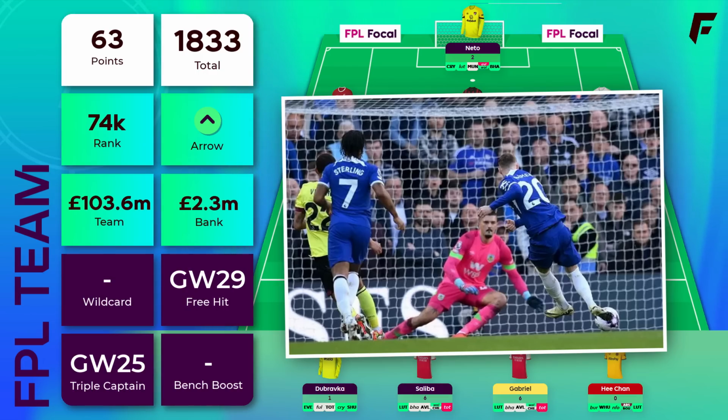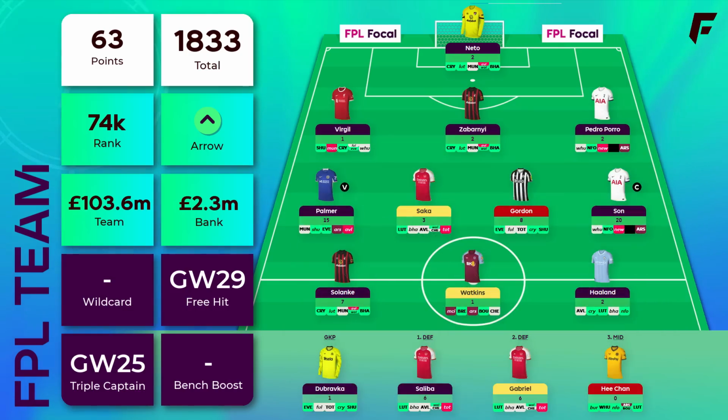In fact, since Palmer's full debut, when he was only 4.9 mil, he's got 153 points over that run. And only Watkins has got more, and he's played 3 more games with 157 points. Palmer's been averaging 7.3 points per game. Captain's Son with a late goal for a 20-pointer, and of course an insane game to start the game week,